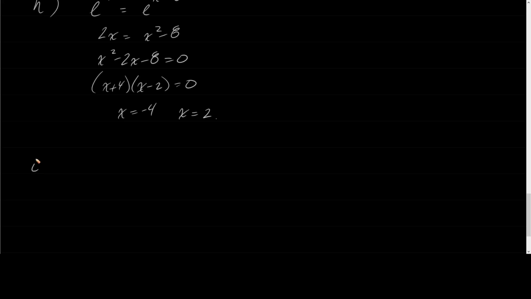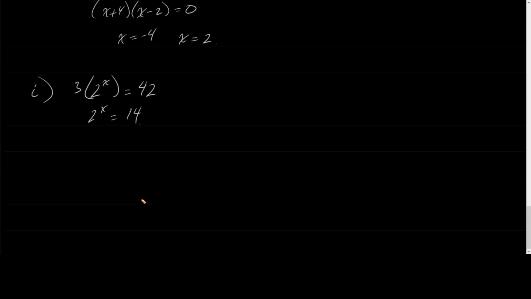Next one. Let's say that I had something like 3 times 2 to the x is equal to 42, right? The very first thing I'm going to do here is divide both sides by 3. So I have 2 to the x is equal to 42 divided by 3, which is 14. Now, in here, this 14 cannot be written as a base 2, right? So what I'm going to do here is we could take log base 2 of both sides to get rid of this 2, but I'm going to advise you to start using ln for everything, all right? So what I'm going to do here is I'm going to take the natural log of both sides,